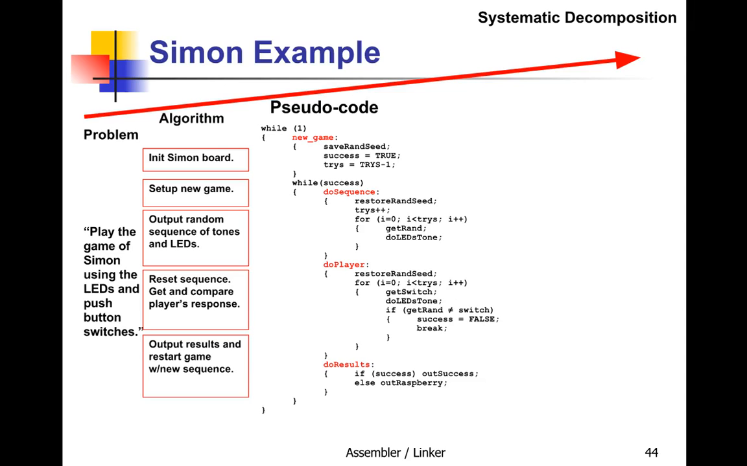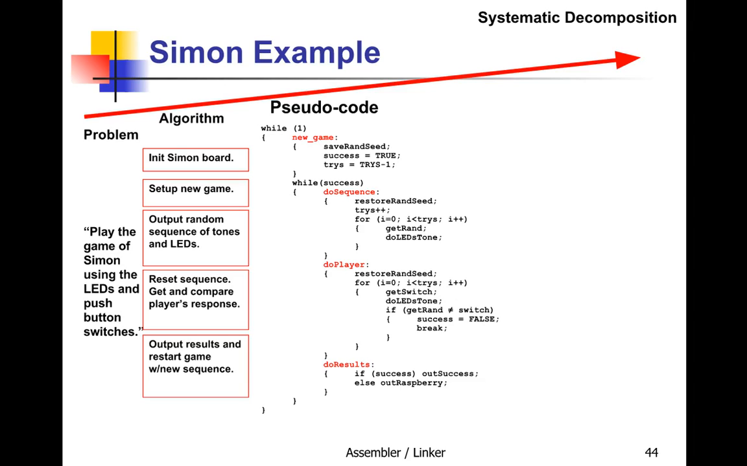So here's some pseudocode, kind of in C, kind of with labels put in. So this whole thing is in a big while loop, so we got that on the outside. Then we've got the set up the new game part, which sets up how many tries you have, and it says you start out successful, and it saves a random seed that you're going to need to use to output the random sequence of tones. And then we're looking at while we're successful. So we store the random seed, we increment the tries,